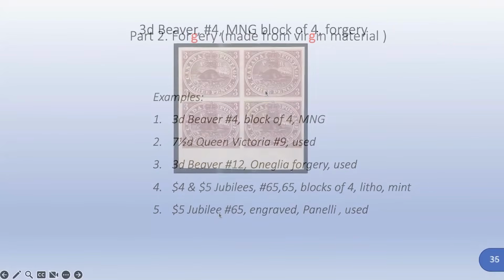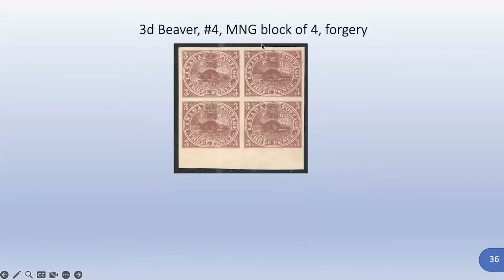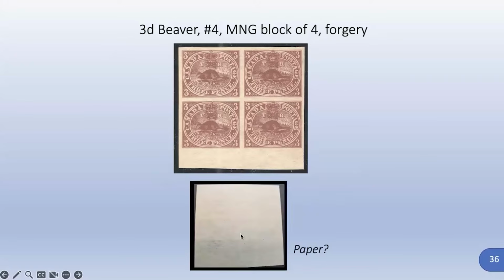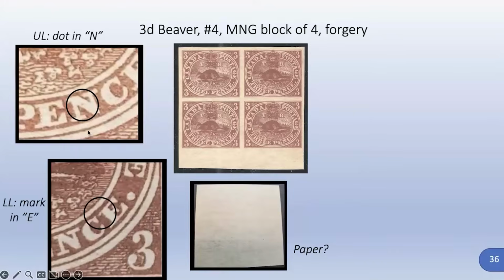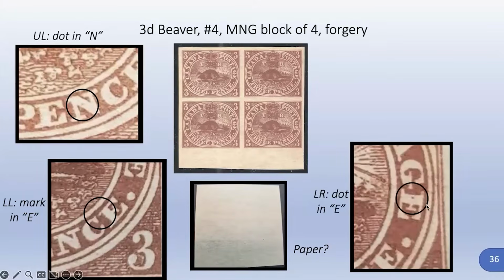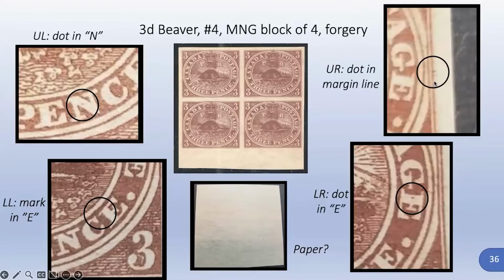We'll look at them. Here we have the mint no gum block of 4, obviously a forgery, and the paper was not right. But it was interesting because each of the 4 stamps had some feature about it, either the dot in the end, a mark in the E, another dot in the E there, or mark over here in the margin. It would be interesting to see where those 4 points should be able to tell me what part of the pane these actually came from originally. But it was just a photocopy of some kind from some book or something like that,